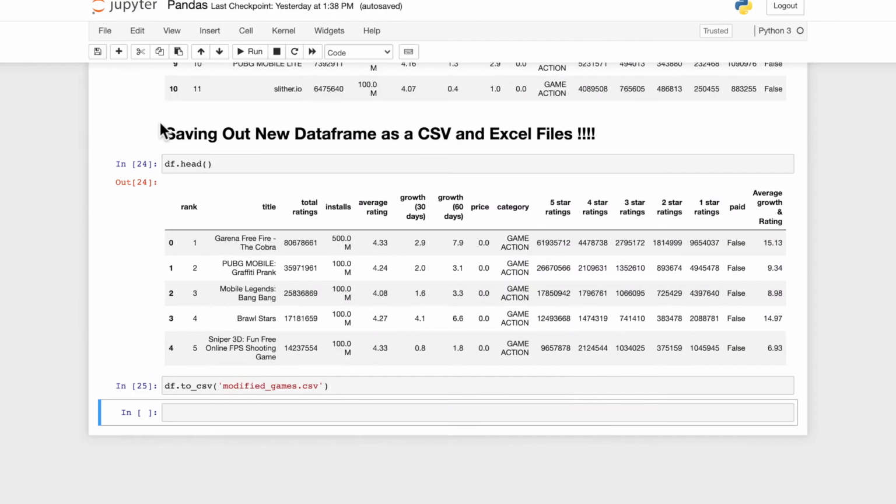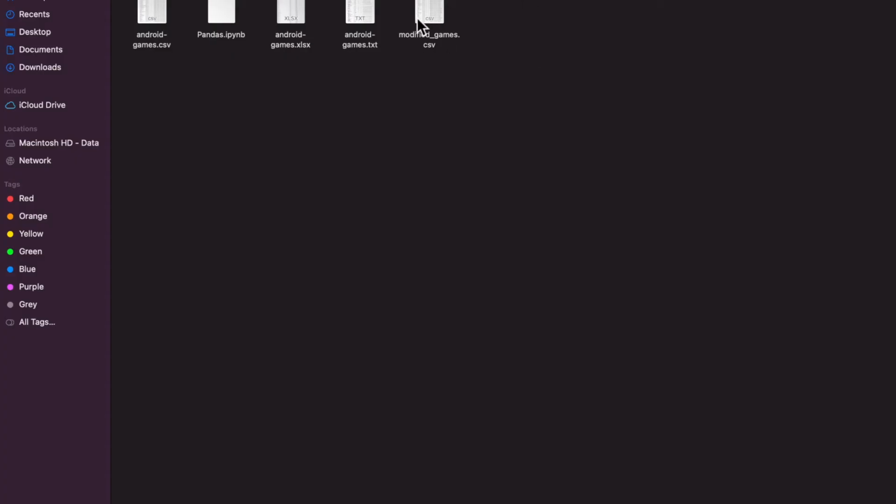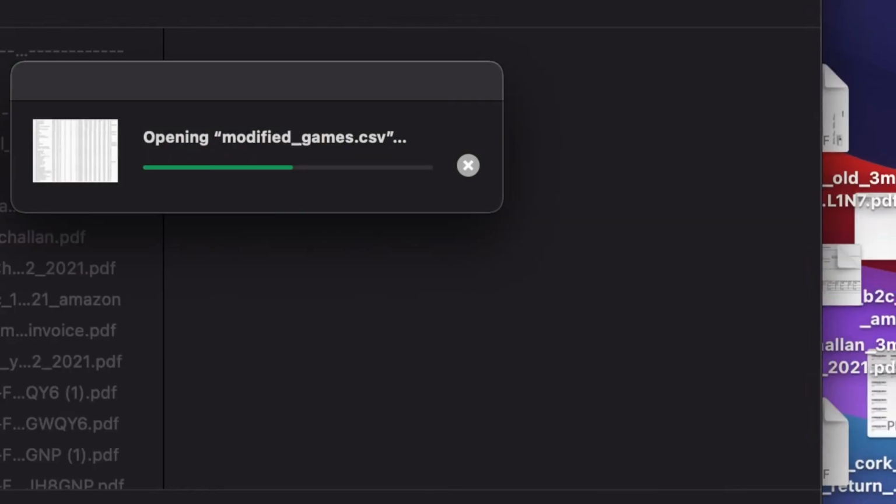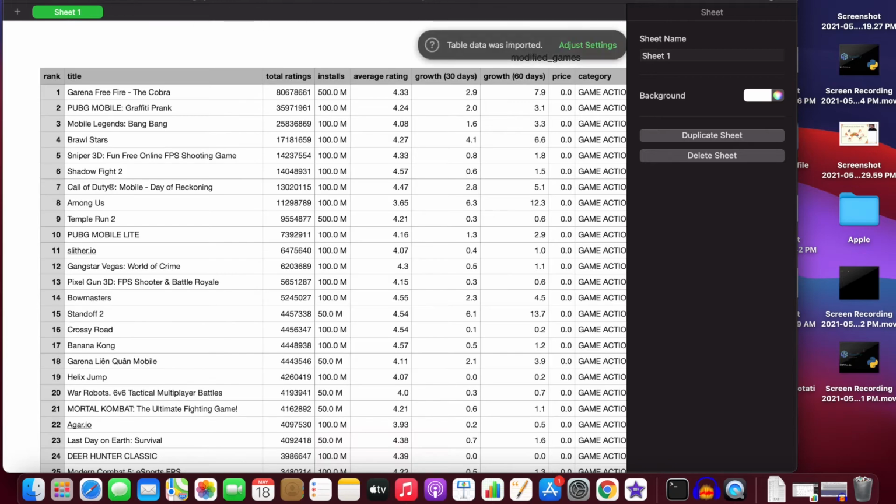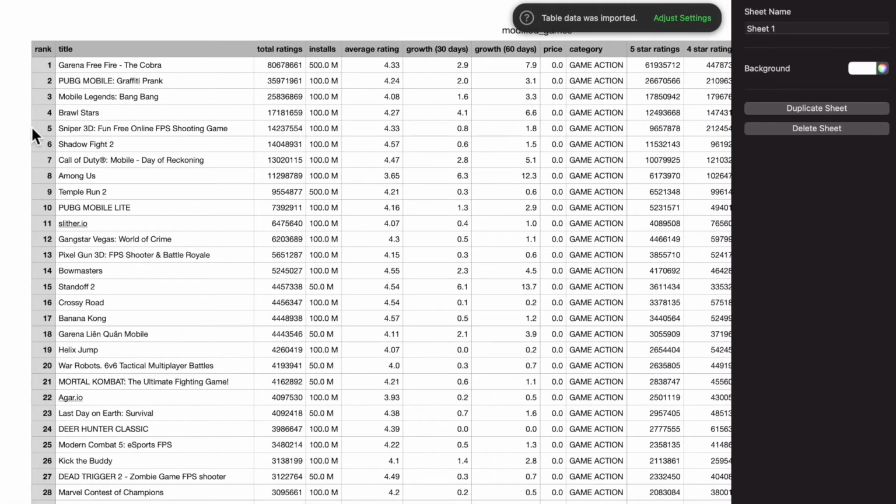Let's go back to Chrome here, and you need to write index is equals to false. Just a simple command. Run this again. Now if I open this modified_games.csv once again, open this full, and there you go,